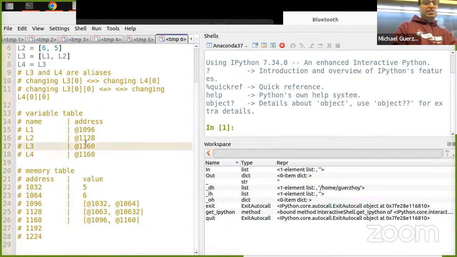So you go inside 1160. At this point, it doesn't matter whether you got to 1160 via L3 or L4, it's all the same thing. Maybe you change this guy, or maybe you say, I need to go to 1096 and then change this guy. It doesn't matter whether you started in your code by referring to L3 or L4, you'll end up in the same place. Right?